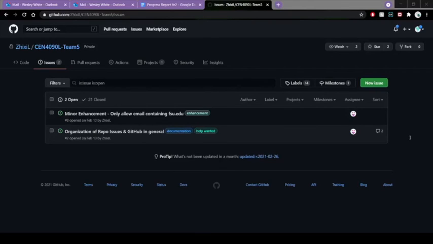So this is our Issues tab. For our next increment, we're going to design minor pages such as the About Us page and the Commonly Asked Questions page. Then implement the components for those pages. We're also going to implement any remaining functions in the login page, including the forgot password and keep user login for 30 days. We're going to implement a personal profile page to allow users to view their personal information and